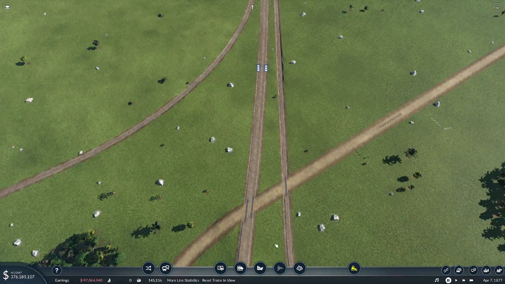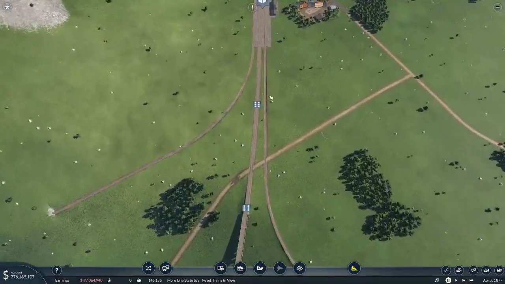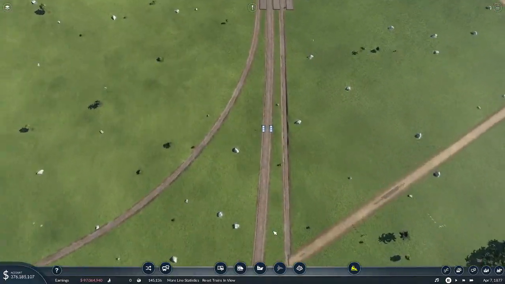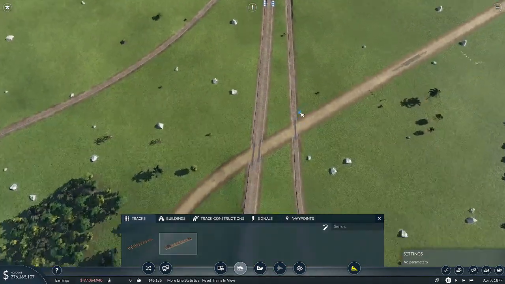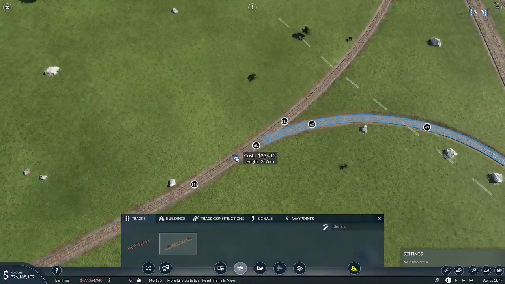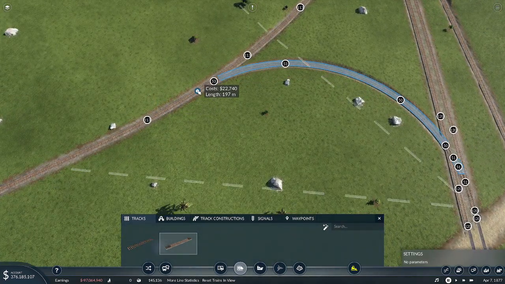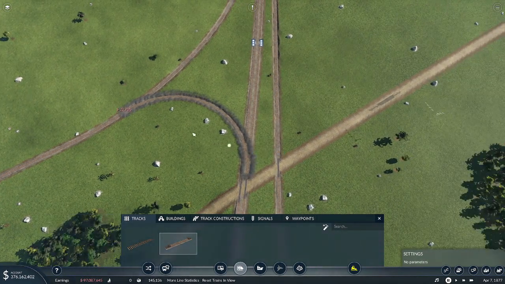I sort of think what I want to do here... oh, good. I do have the signals on here, so I don't need to worry about that. So let's do this. If this curve will let me. No, down here. So we're going to grab this here and curve up to there. That's an ugly curve, but we'll straighten that out. There we go. And that should work just beautifully to get trains off the main line and get them into